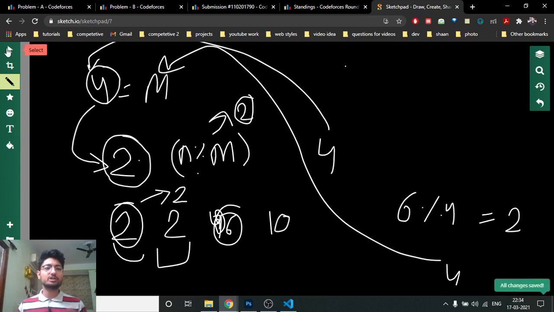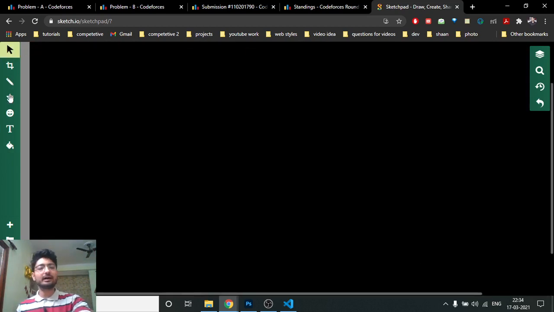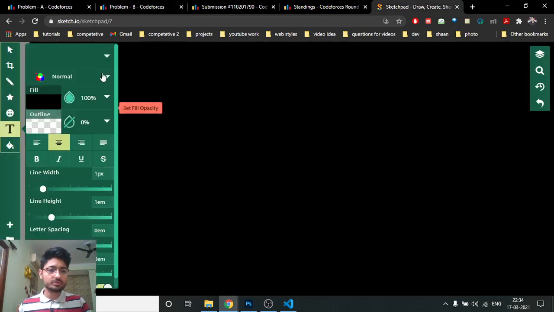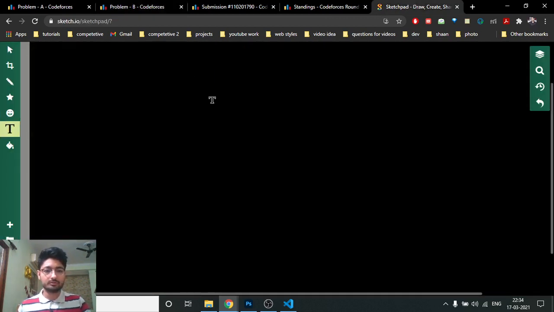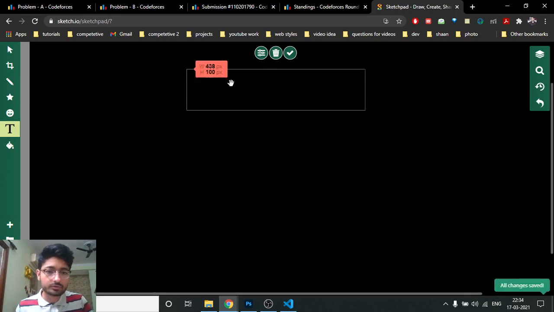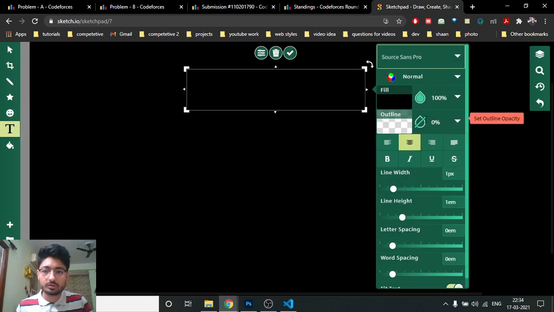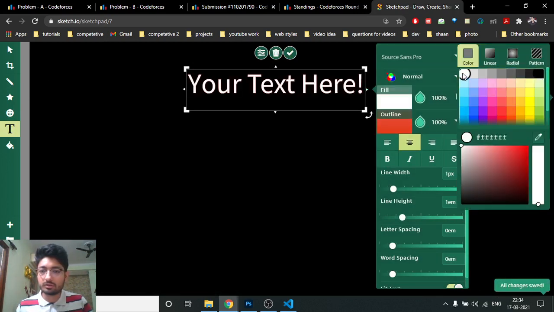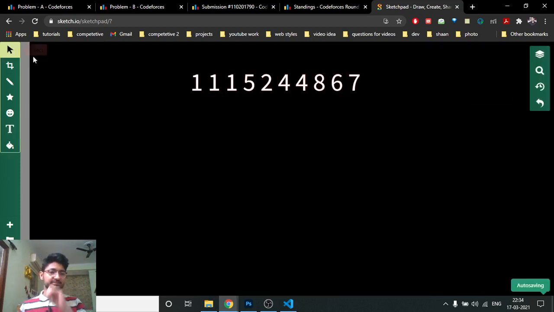What we are doing here is, we have to first classify or actually divide all the numbers according to their modulus. Okay, so I'll take you through the example, which will be more fine. So I'll put down this example here. Okay, so I think the color is not... Yeah, so as you can see the numbers here.